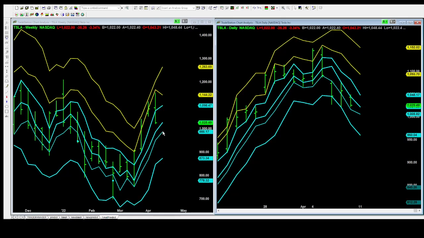So next week there may be a little more fluctuation in this region. It could fluctuate between about $1,000 and $1,144. Even for this daily chart, it could go down to $1,005 and up to